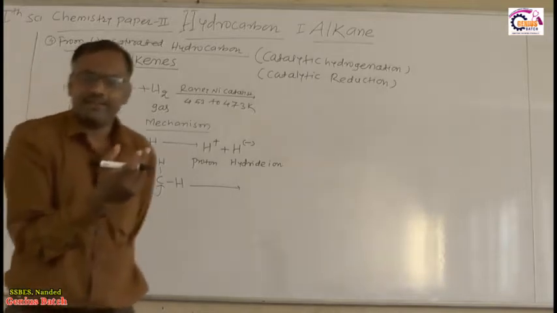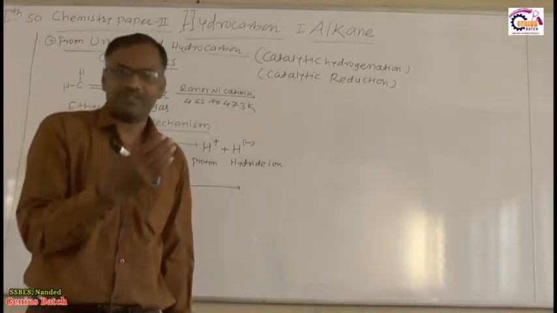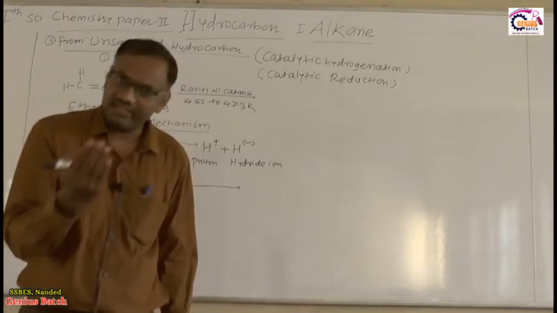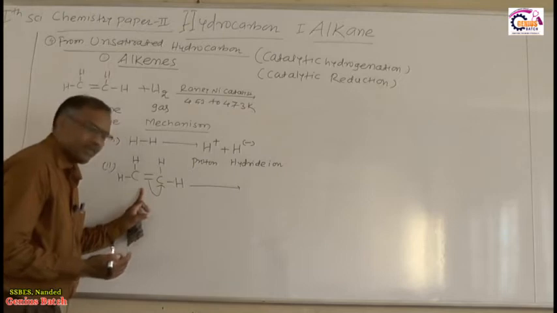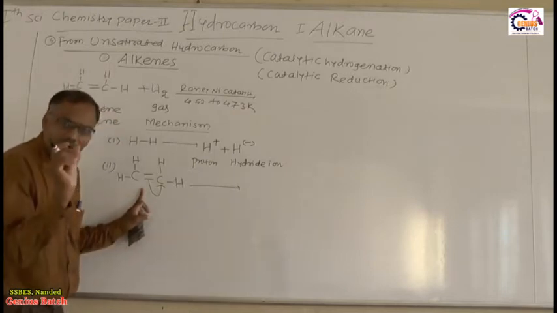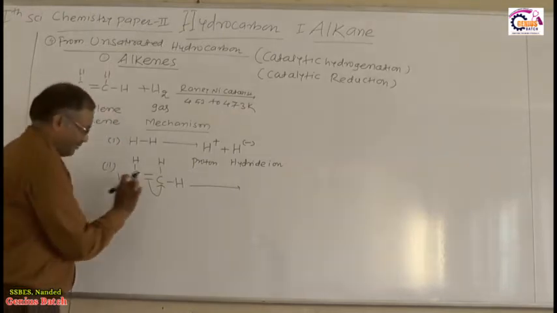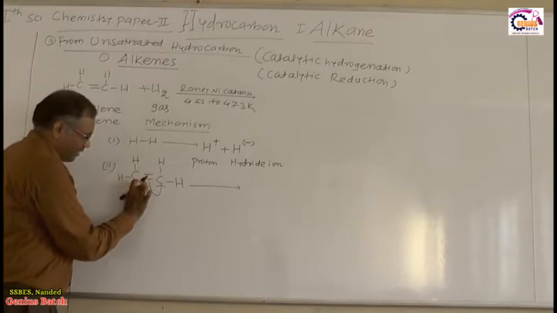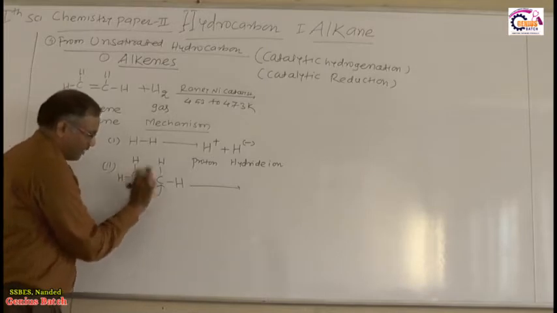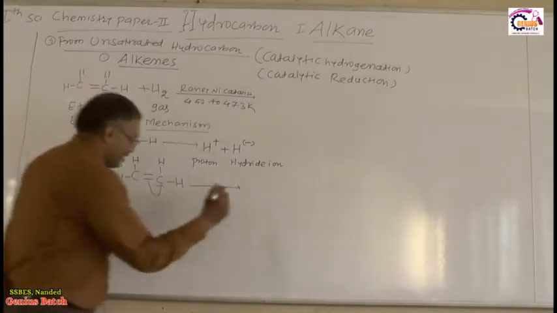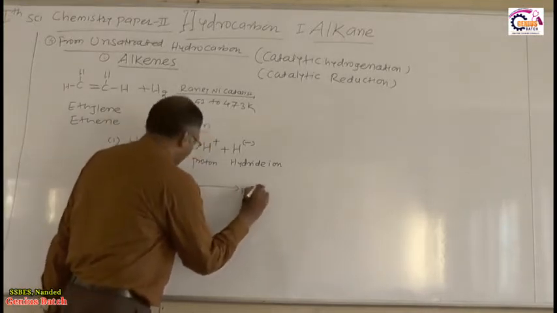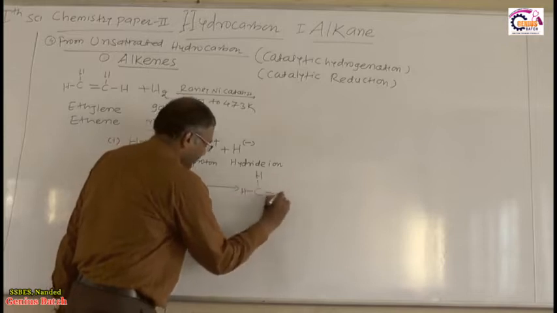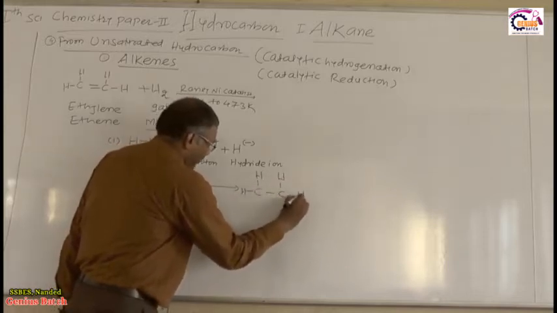So you know that electromeric effect is of two types: positive electromeric effect and negative electromeric effect. Here, which type of electromeric effect takes place? Positive electromeric effect takes place, because the pi bonded electron is shifted from one carbon atom to another carbon atom. Due to this, there is a formation of dipolar ion.